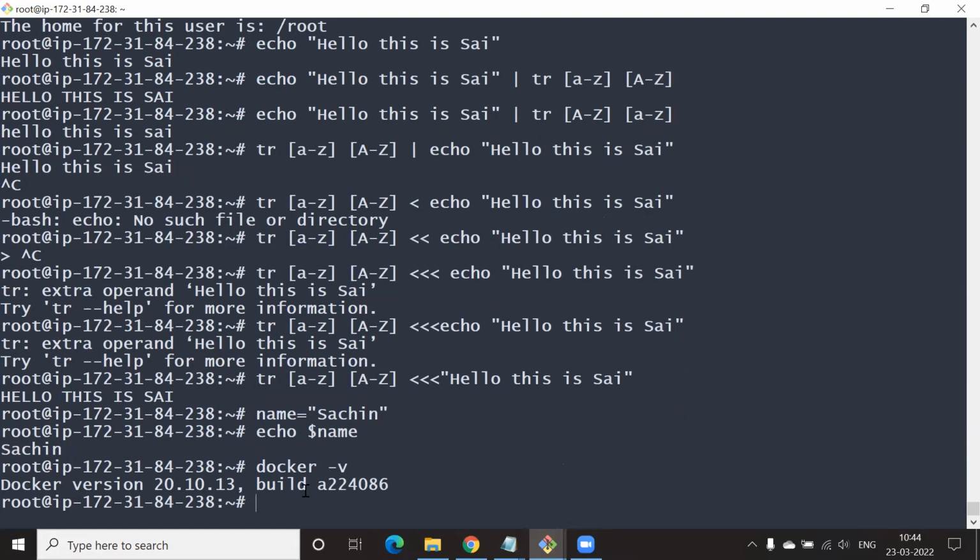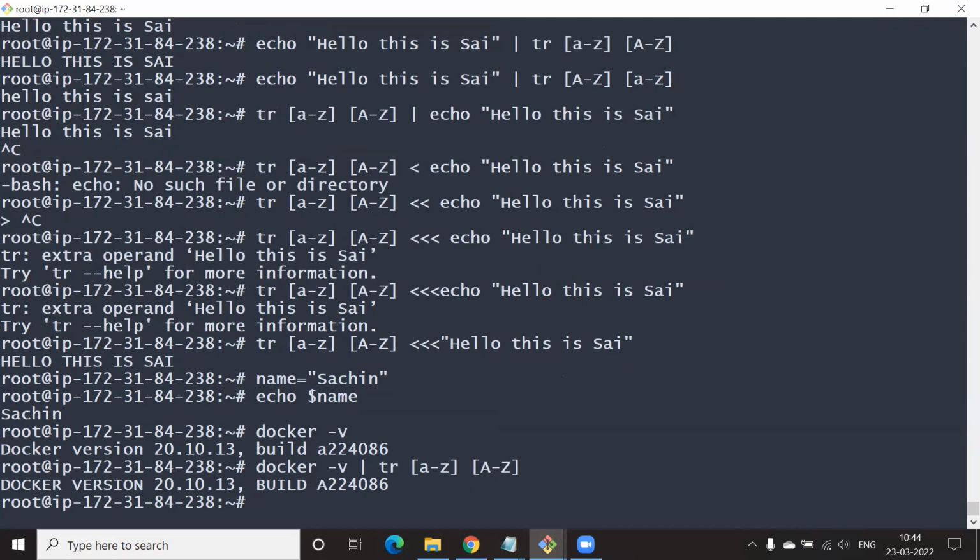We have version 20. Now, just for the sake of discipline, translate the lowercase into uppercase. Good one. Now do the reverse, which is put the tr on the left hand side, docker on the right hand side.